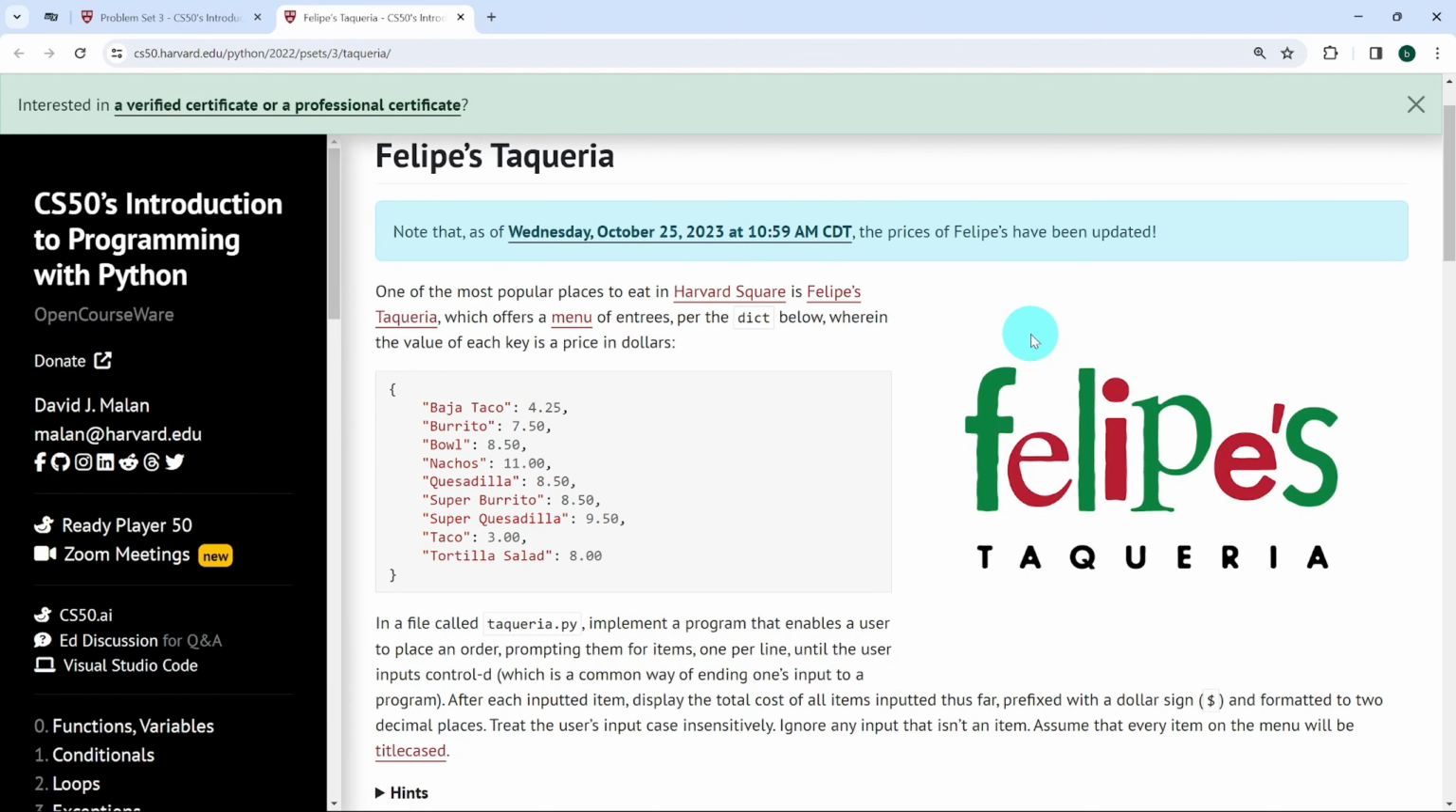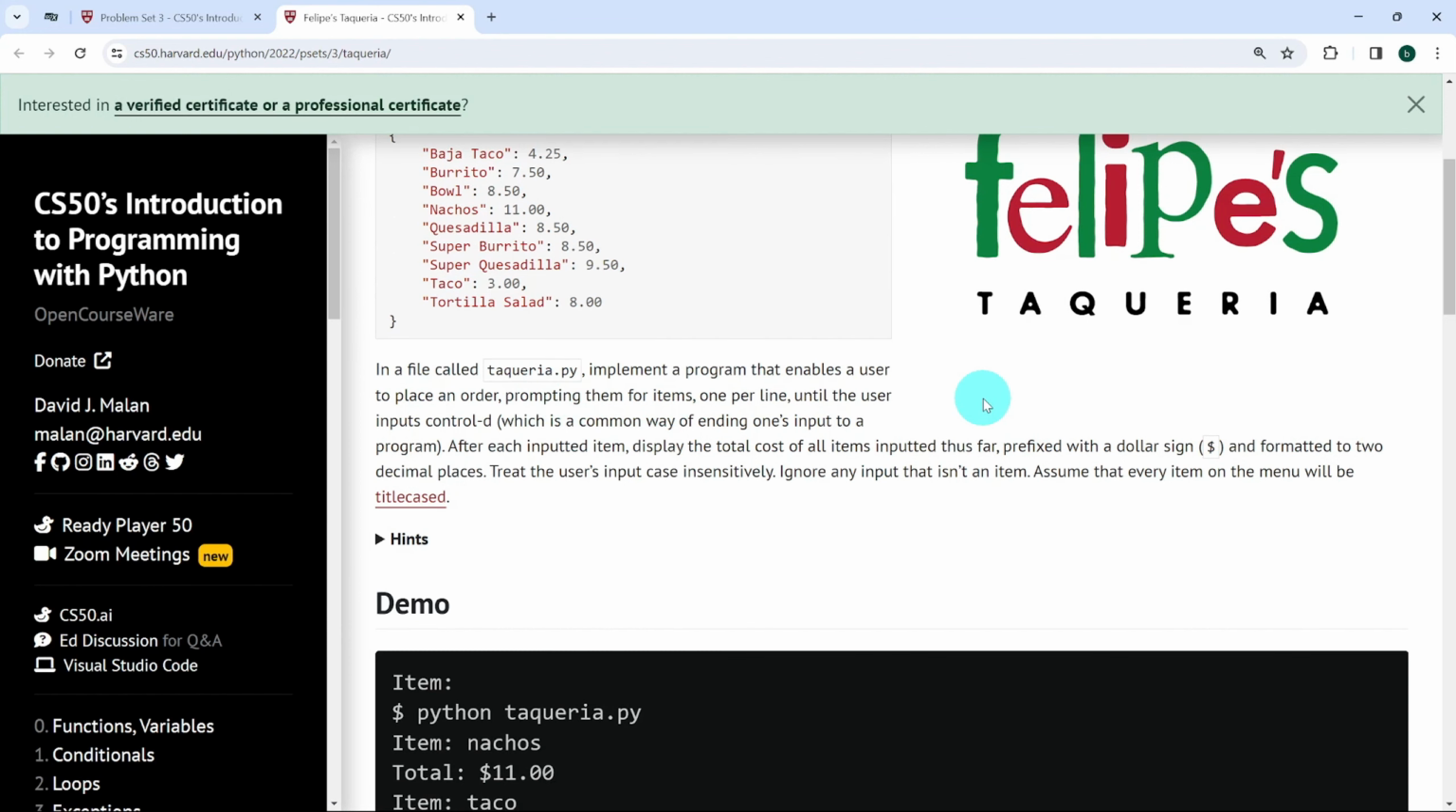In today's video, we're going to solve the exercise Felipe's Taqueria. I hope I pronounced that right. This is from CS50's Introduction to Programming with Python, Problem Set Theory. In this exercise, we're expected to create a Python file, we'll call it taqueria.py, and implement a program that enables